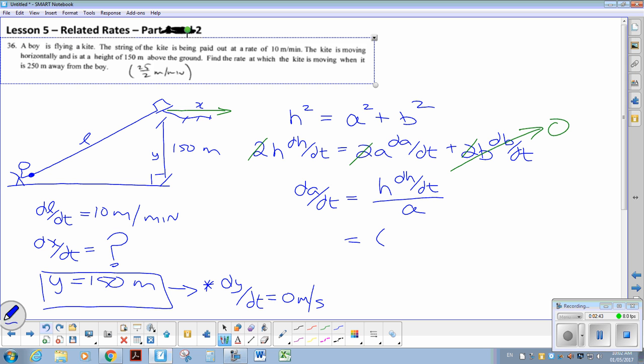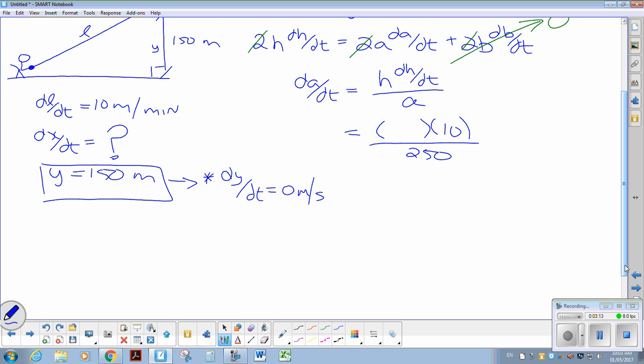So, of course, this is crossed up, so that's my L. So that was my 10. And now I have to figure out my L and A. So when the kite is 250 meters away from the boy, so that means that is my kite is moving when it's 250. So we know my X value, which is my A. I really made this more confusing than it had to be. We got to figure out the length of the string. So